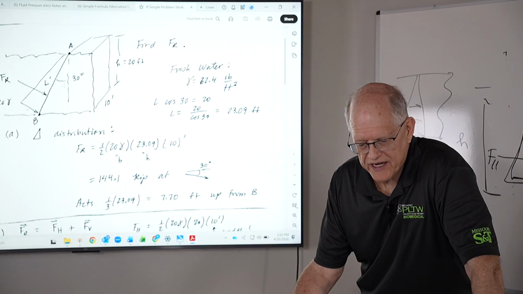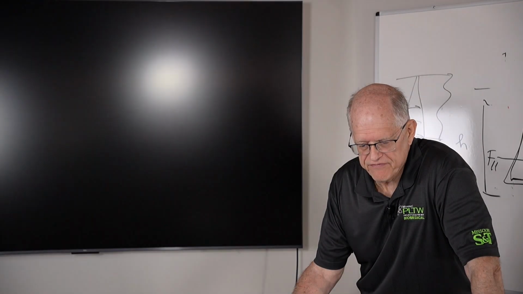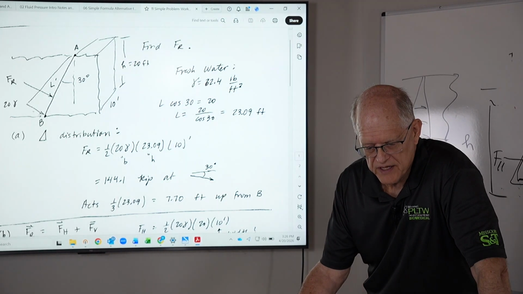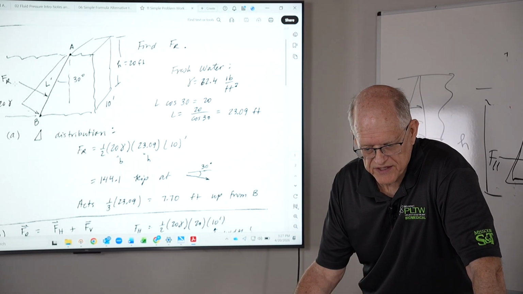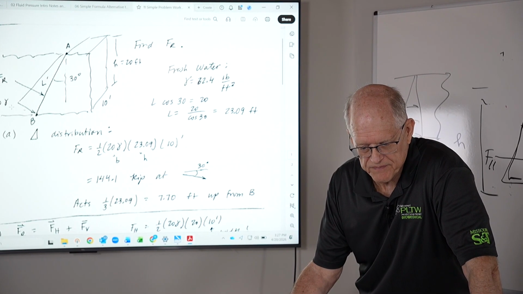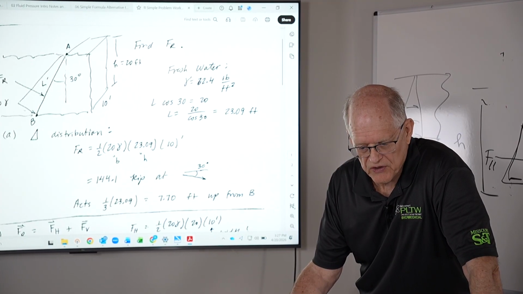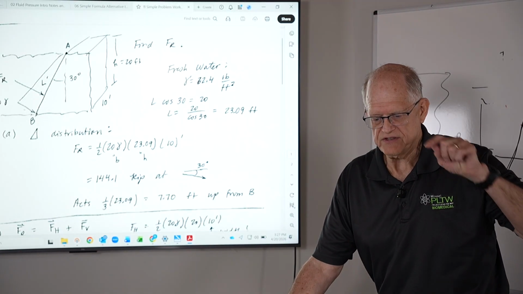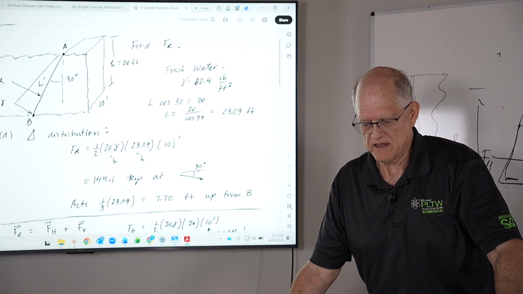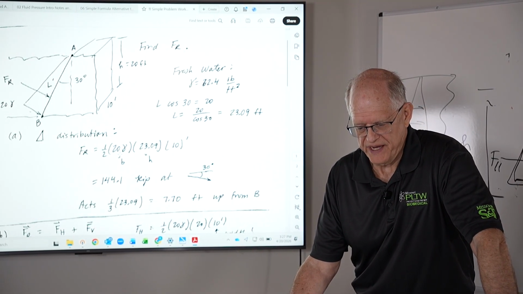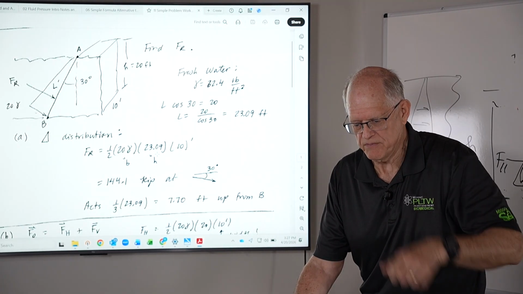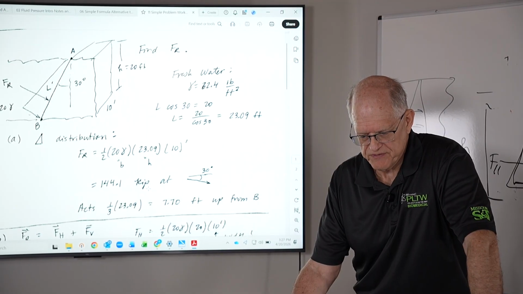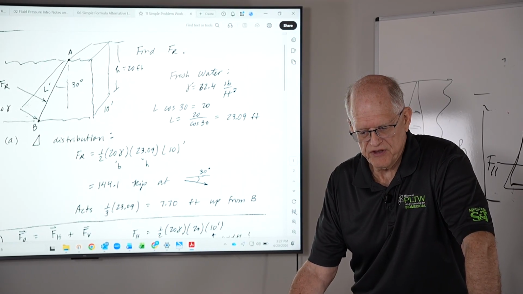So if we take the triangular distribution, FR is 1/2 of the base of the triangle times the height. The pressure at this 20-foot depth is 20 gamma, so that's the base. The length of this face is 23.09 feet, and the distance into the board is 10 feet. So FR is 1/2 of base times height times the depth. If you do that math, you get 144.1 kip, or thousands of pounds, perpendicular to the face, which is